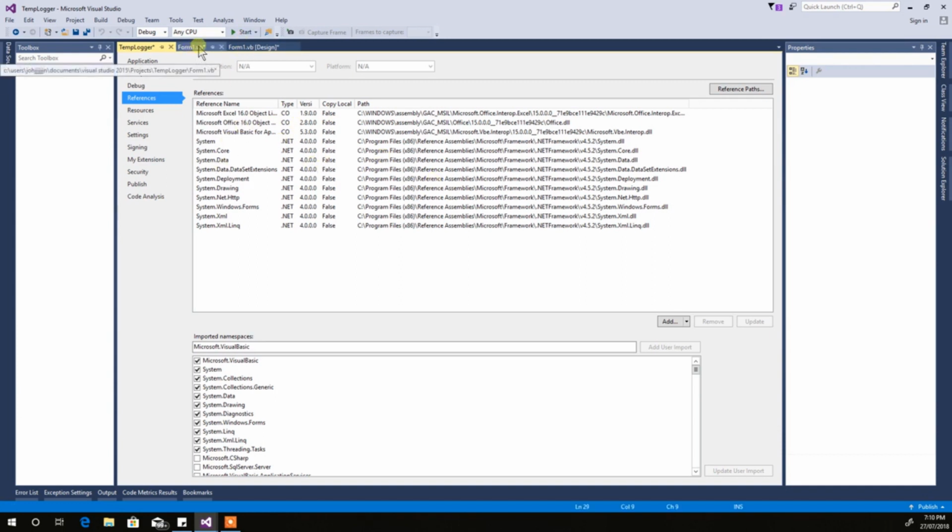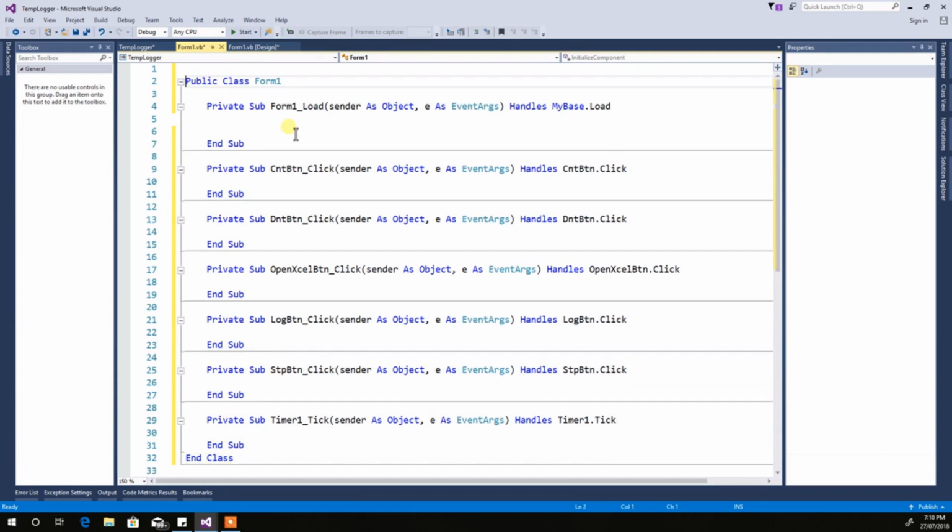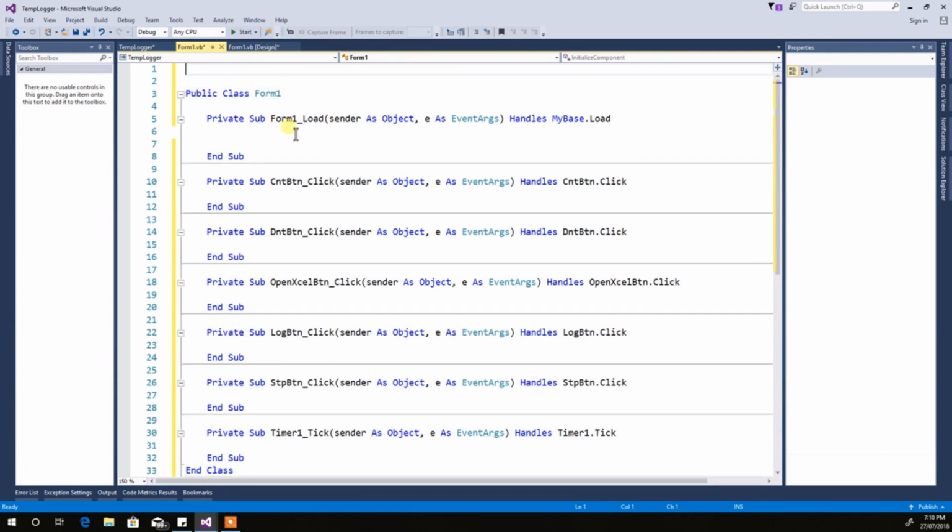Alright, so then we go back across to VB. Now, we need to start putting some code in. Now, everything you do above here, it's like where you add your library. So I'm going to go Imports. Now, Imports is just adding your library. So we'll go